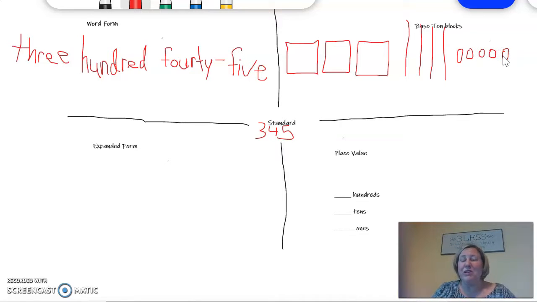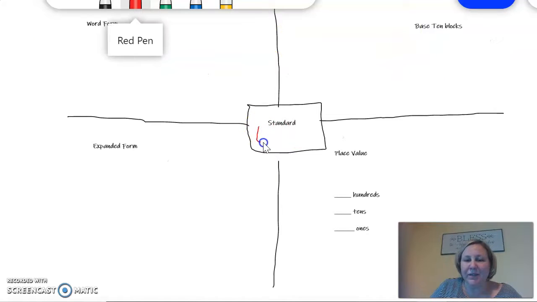So we did the word form and the base 10 blocks. Let's do another one. All right, this time my number is 624. So word form, I see that word word, so I just know I have to write the words. 6